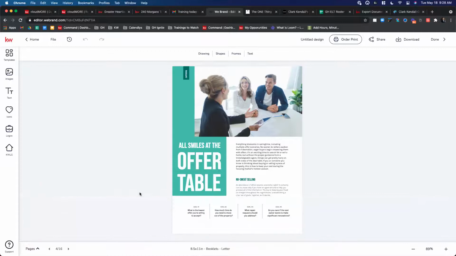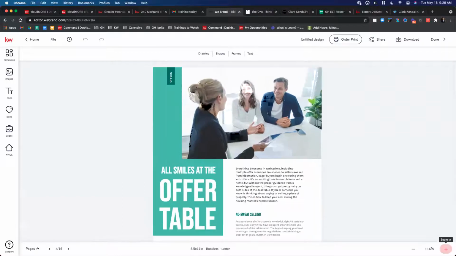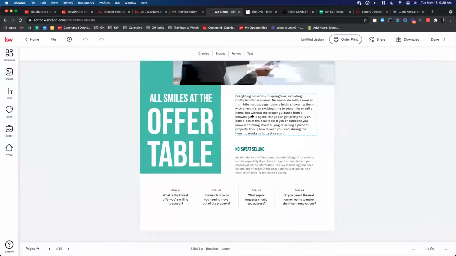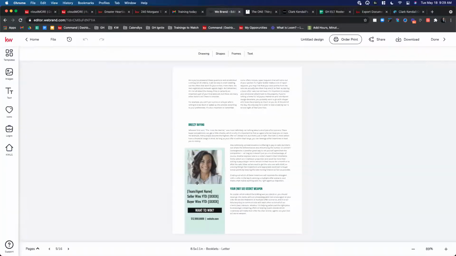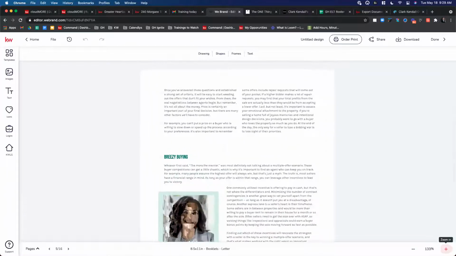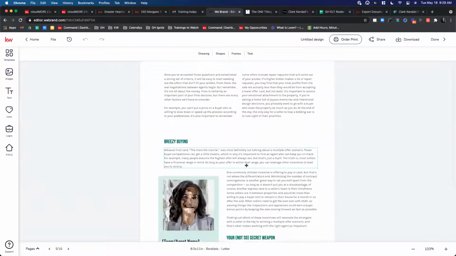Next one here, these articles. The first edition of the first quarter magazine, you were actually unable to change, I believe, unless they changed it recently. When it first was released, you couldn't change the article. However, you can now change the content of this article. And again, it's the same process as going in here and clicking and changing it. But again, read through, making sure there's no I or we statements in there. We're pretty good on this first one here for this article. If I go to the next page, you'll notice here, no I or we statements here.